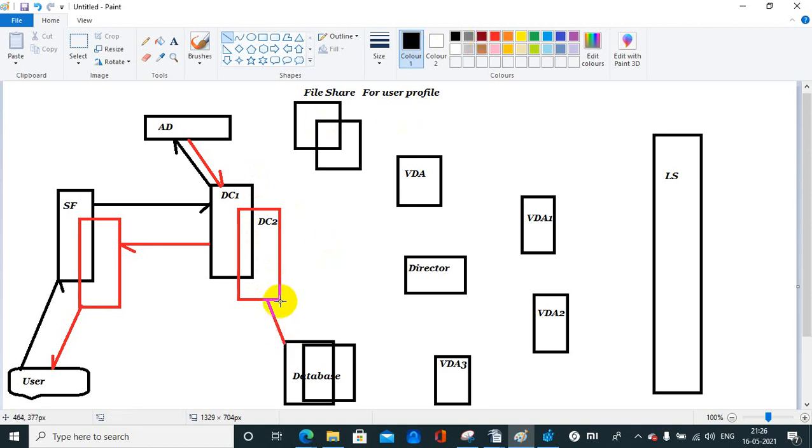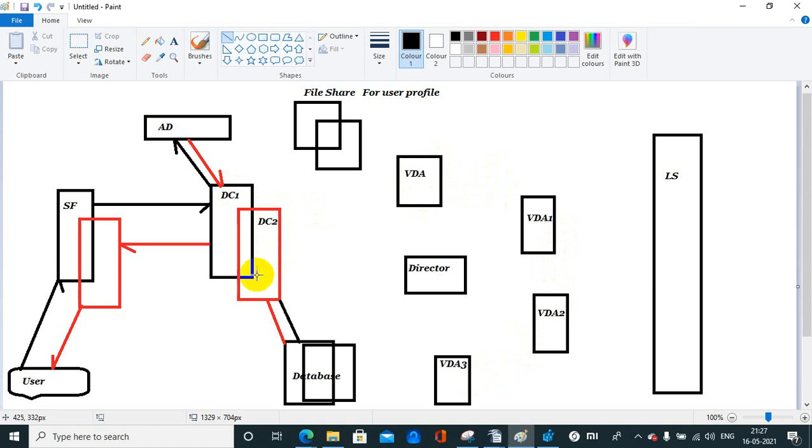And the database has three databases: the monitoring database for Director, the site database for the Delivery Controller and for all other applications hosted in the VDAs, as well as one more database, the configuration logging database, for administrative changes.